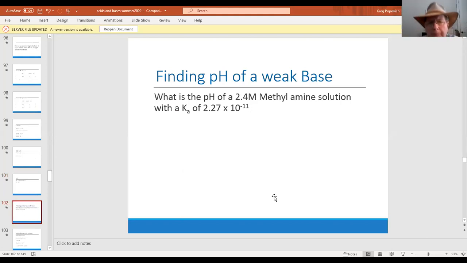Difficult problem. I have the pH. I want to know what the pH of a 2.4 methylamine solution is with a Ka of 2.27 times 10 to the minus 11. Methylamine is a base. So if I have a base,